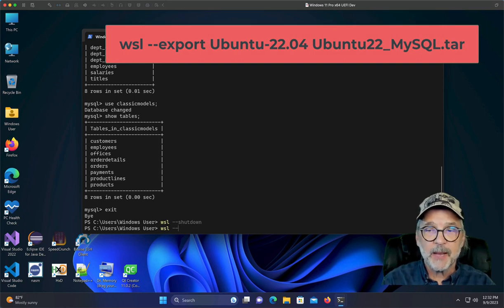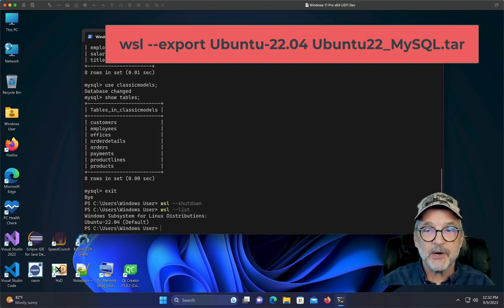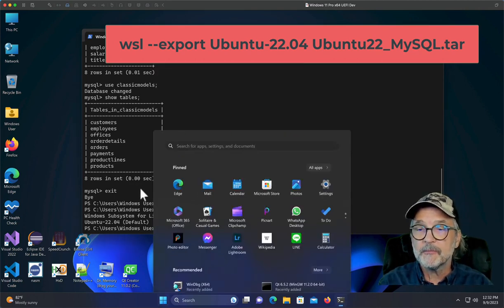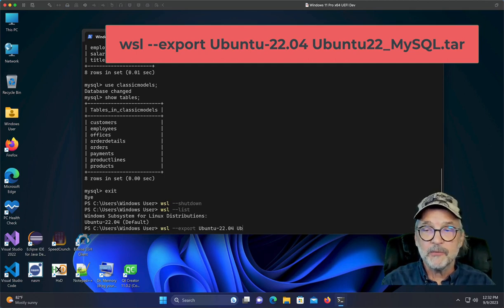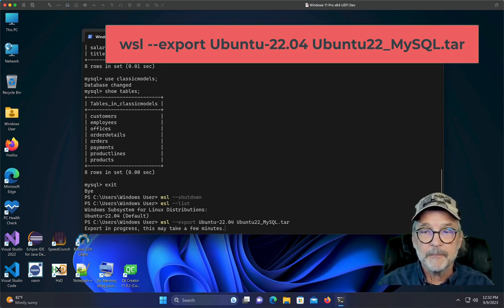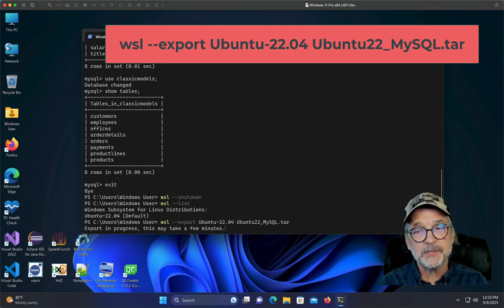So before I do that, I'm going to say list just to make sure, and it's the Ubuntu 22.04. So I'm going to say WSL --export Ubuntu-22.04, and I'm going to call this Ubuntu22MySQL.tar. And that's actually going to take the entire little operating system of Ubuntu and save it as